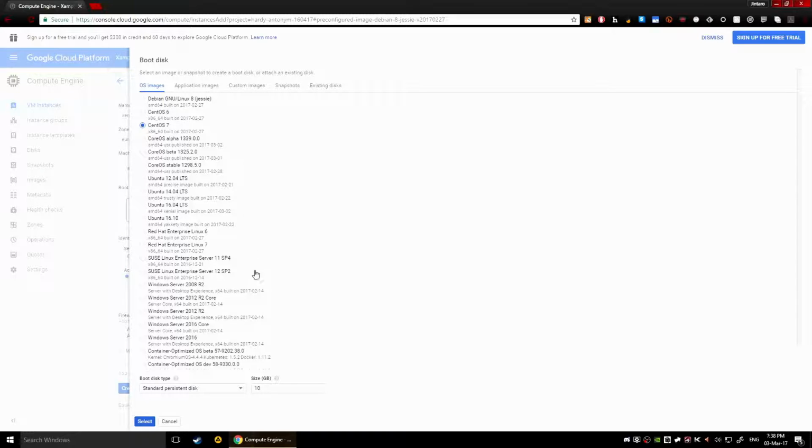Some of these are paid, obviously. The Windows Server, the Red Hat Enterprise, these are all licensed. So that's going to cost you a premium every month. In case of Windows Server, that's another $30 a month. Obviously, the advantage is that you can actually connect through a remote desktop protocol and remotely view your computer,